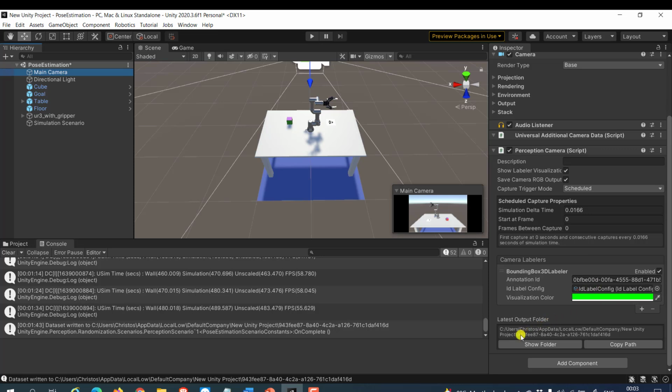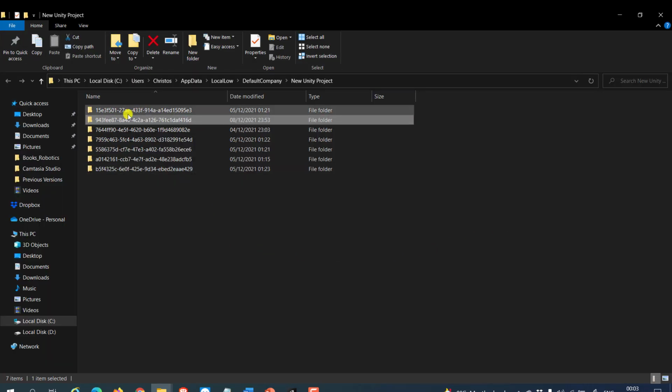At the bottom of the UI for the perception camera, you will see there are two buttons. There are buttons for showing the latest dataset output folder and copying its path to the clipboard. If you click, for example, show folder, it will highlight the folder in your operating system's file explorer, and you will see that there are some folders right here. Here is the final one, and I will change this name to UR3